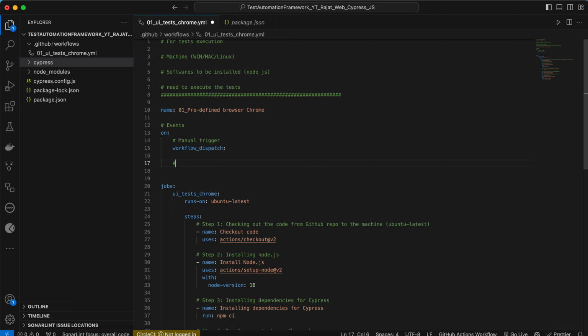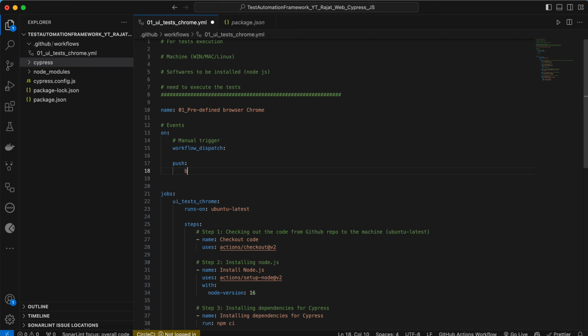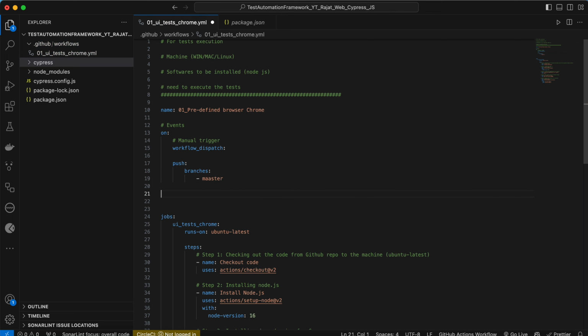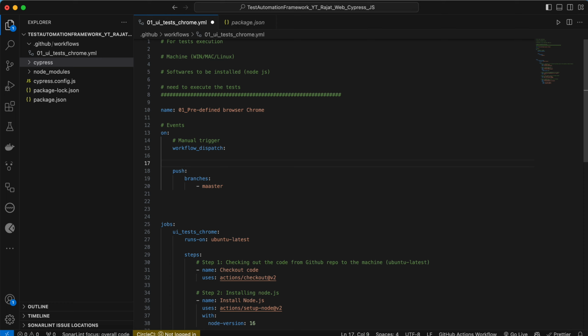For example, when there is a code push on branches, maybe main or master, then this should execute. So let me add it here, the comment